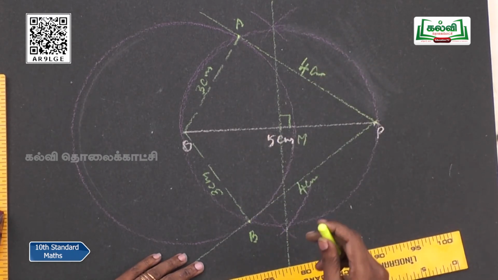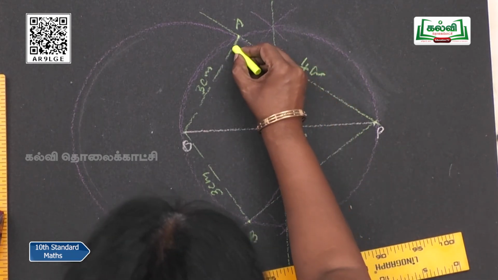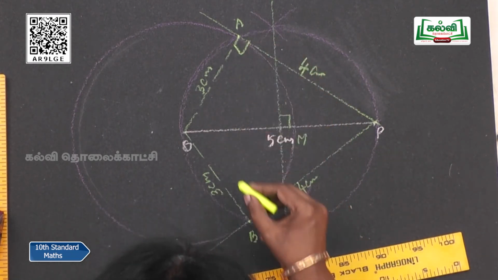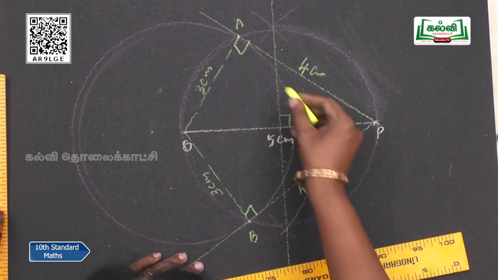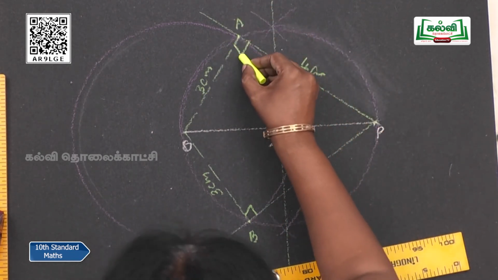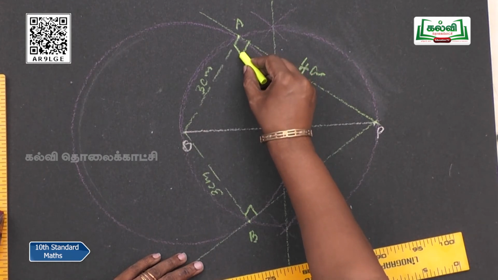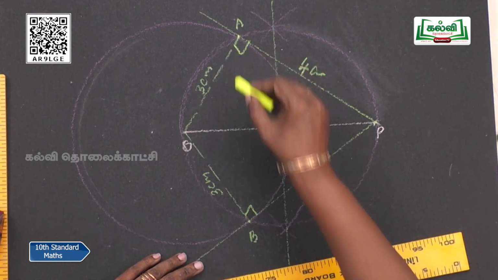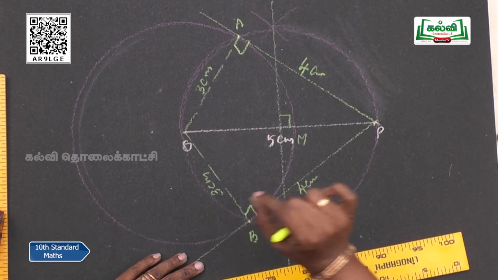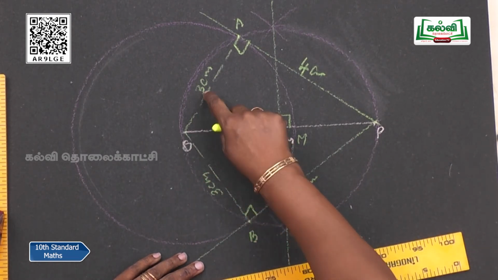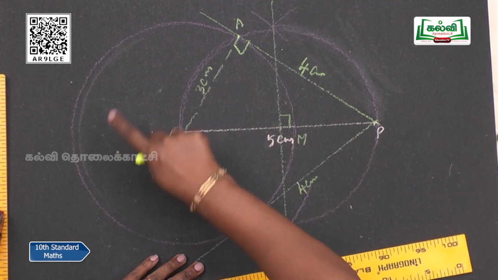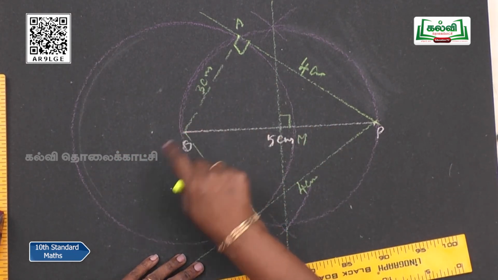One more thing we forgot to mark. What is it? This is at an angle of 90 degree. Okay. And this is 90 degree, and this radius and the tangent both are meeting at an angle of 90 degree. This is very important, you have to mark it. Now I will recall one time. Take OP as 5 centimeter and take 3 centimeter as a radius. You have to draw one circle with O as a center.